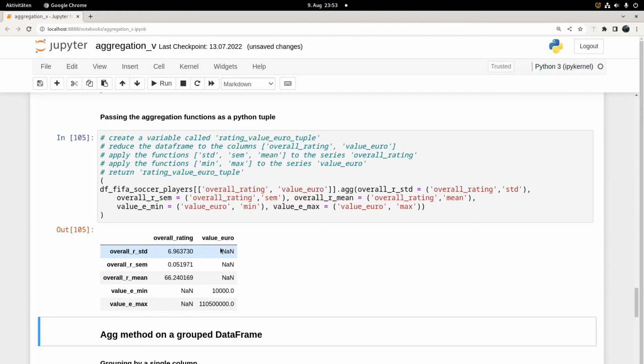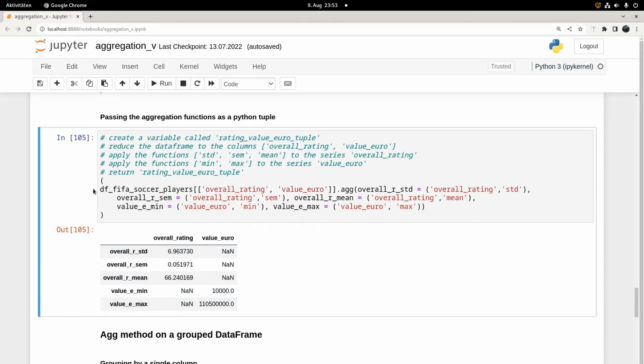And the same function has not been applied to the value euro. This is why the values are NaN. And we see the same here. We have the sum label, the sum function, we have the mean label and the mean function, and then we have value euro min and the minimum function, and max and the max function. So this looks good. The only thing we have to do right now is to